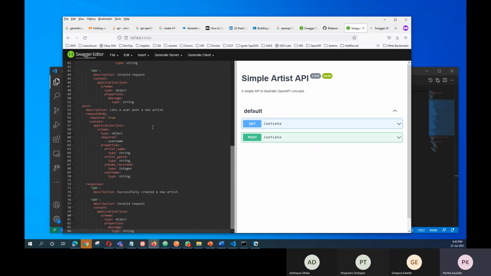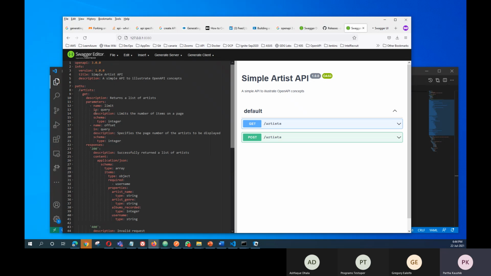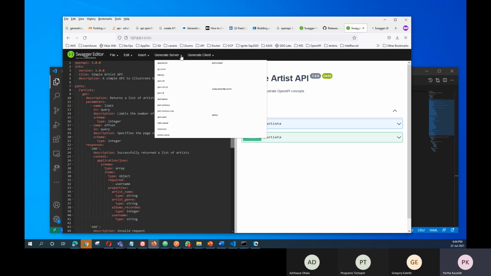As soon as this is done, you immediately get, on the right, the two operations that you are about to do, which you have described already. So why does it say default? There's probably only one, that's why it says default. Or maybe you have to give the name somewhere. I don't know. At this point, if you do generate server,